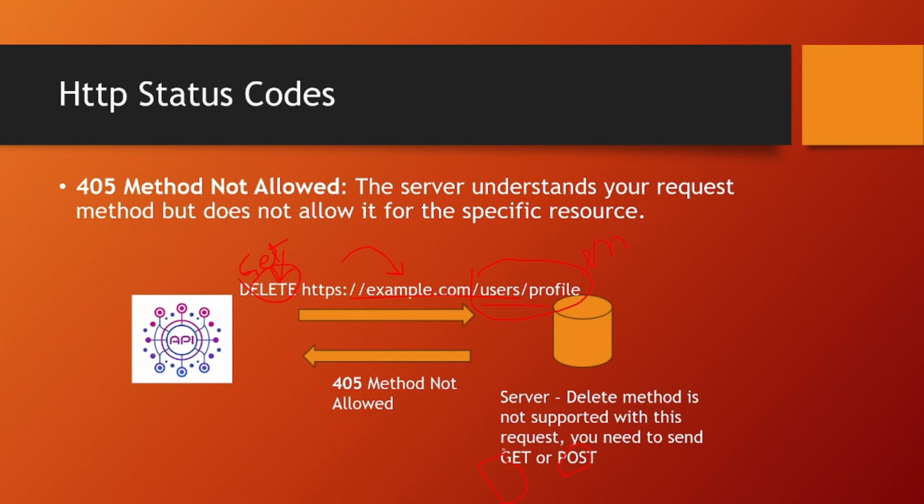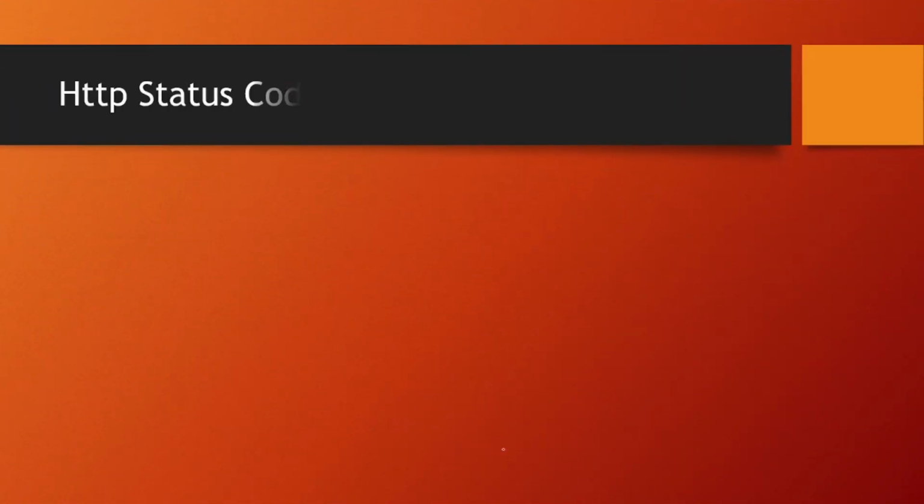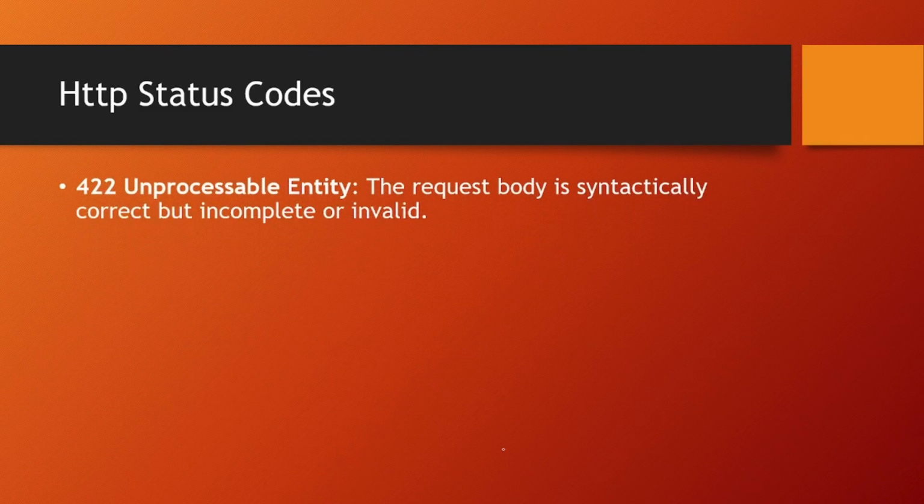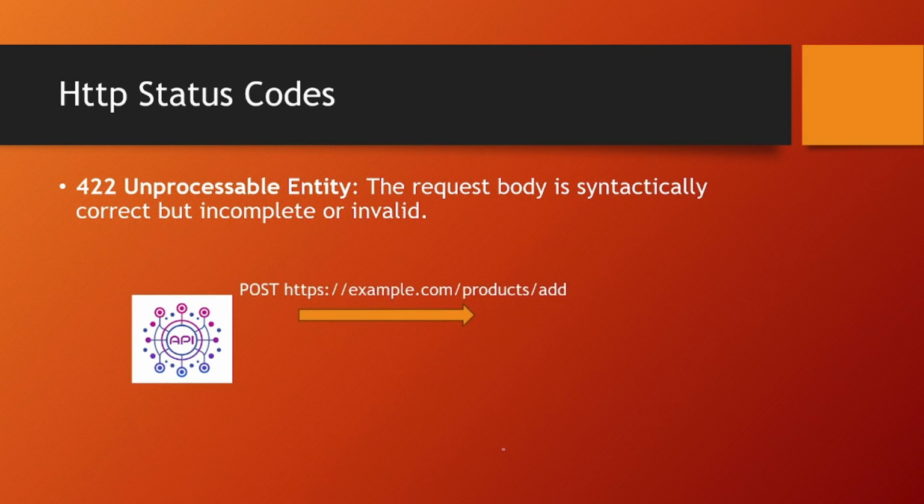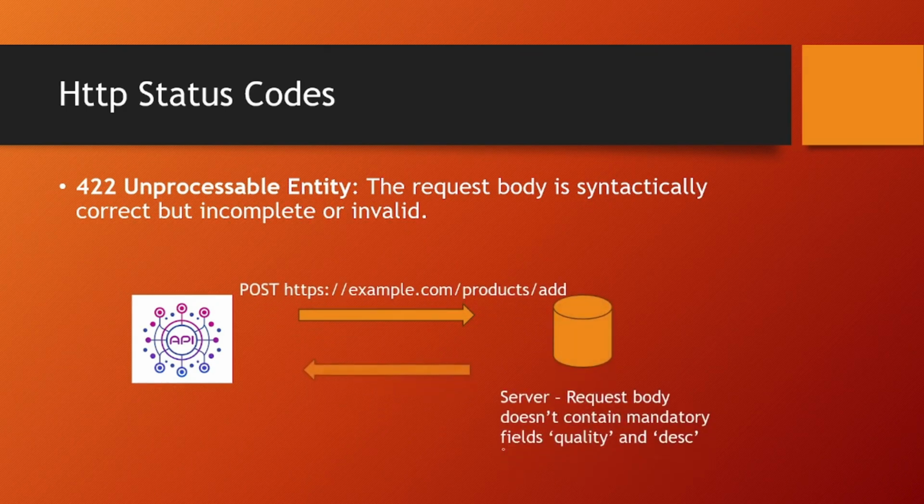So let's move to other errors. Next in the 400 series is 422 Unprocessable Entity. So what is this error? This error usually comes when you are sending a request which is invalid or incomplete. For example, you are trying to add some product to your cart, but you have missed the mandatory fields of that product, like quantity and description. So in the request you are not sending